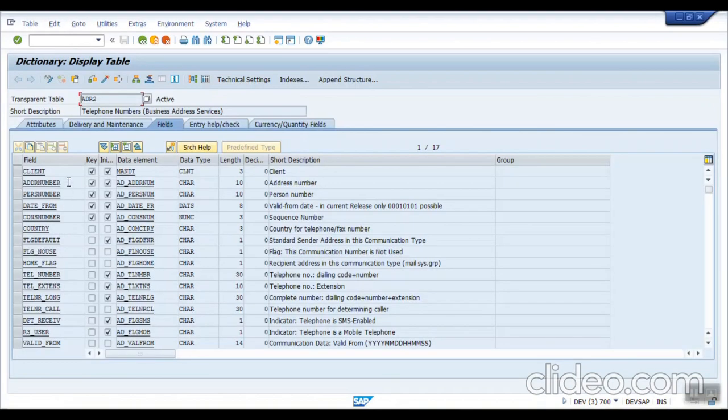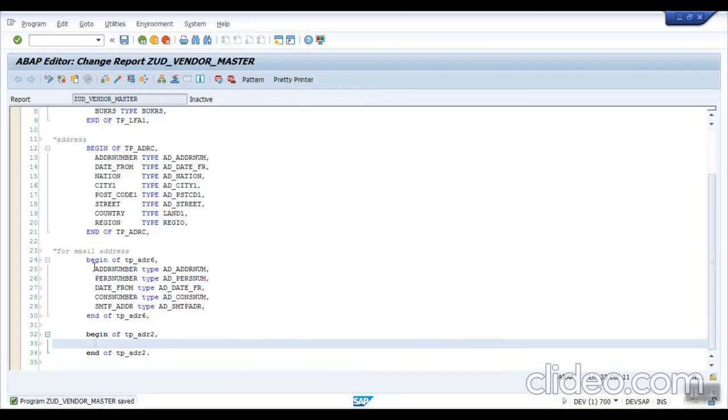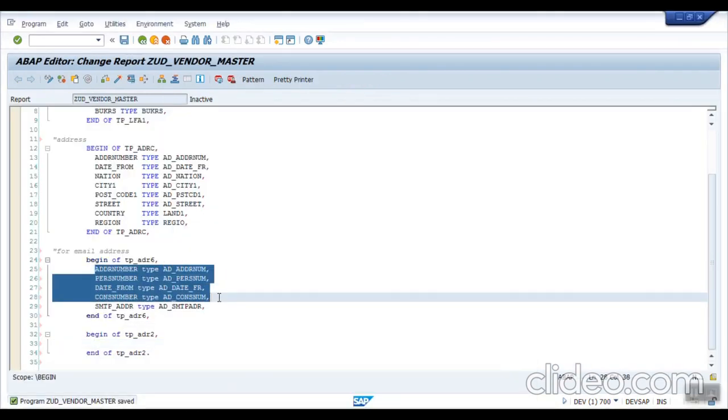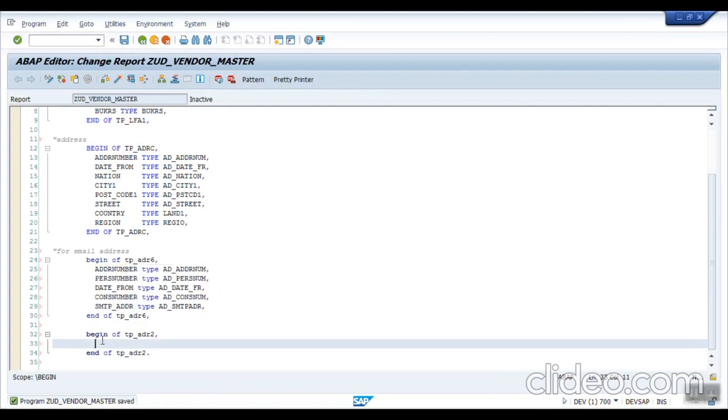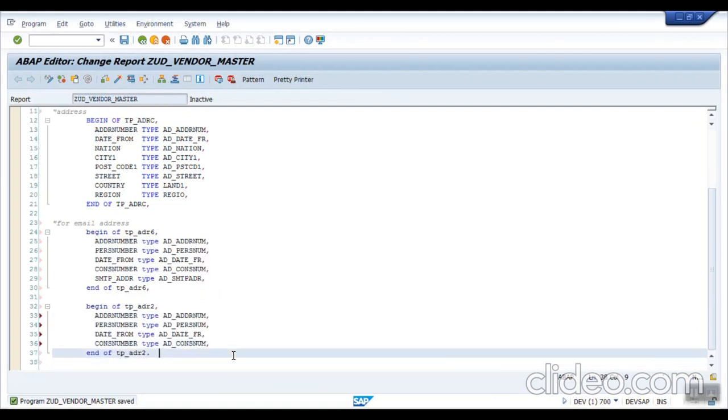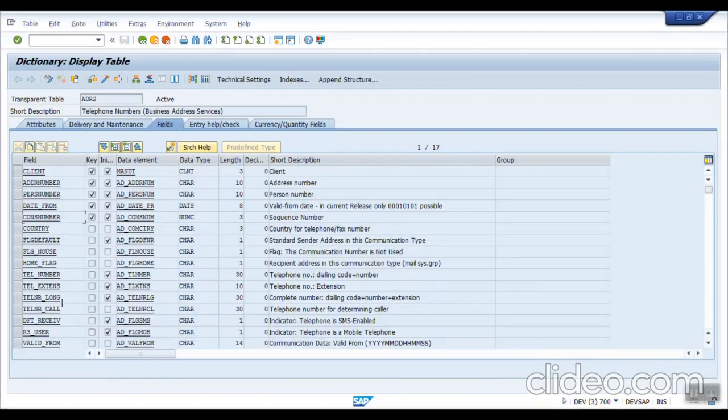Here again the first four fields are the same: address number, person number, date from, and the consumer number. So I can, as it is, select the first four fields from the previous ADR6 table, and here I want the TEL underscore NUMBER, which is the telephone number.